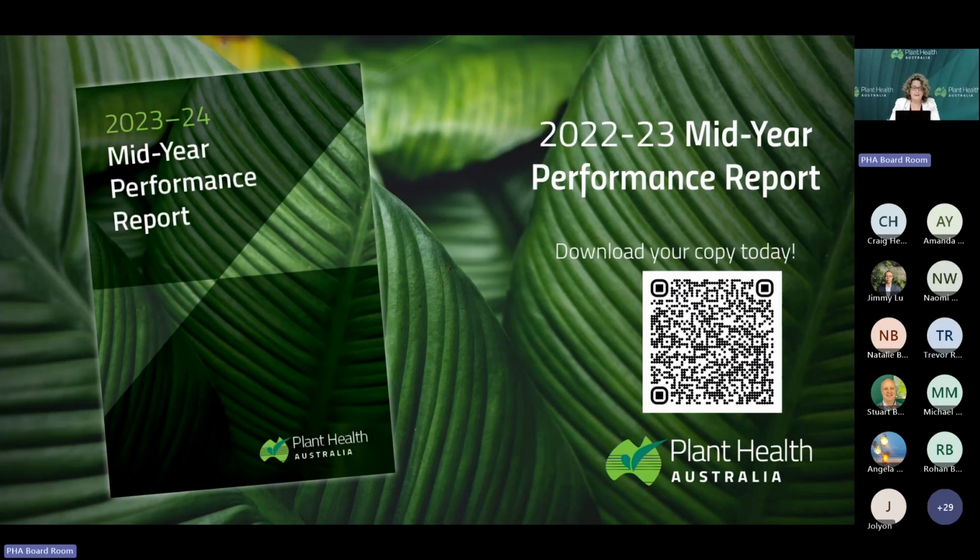Each year, halfway through the implementation of the AOP, we examine our progress up to 31 December and produce a mid-year performance report for members, offering a snapshot of progress against our deliverables. Progress is identified through traffic light coding, supported by brief comments against each key performance indicator. The 2023-24 mid-year performance report reflects that we've made good progress, showing a green status across all program areas identified